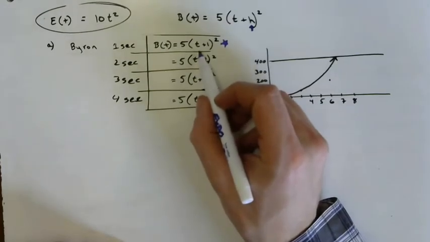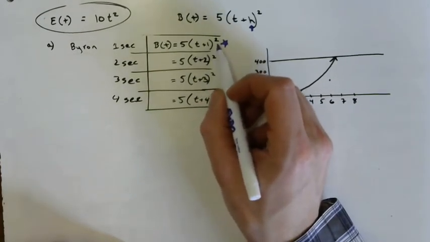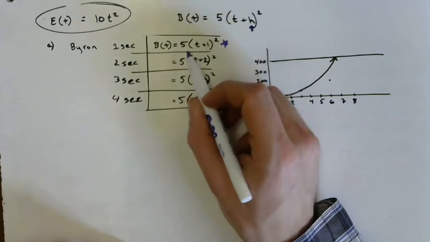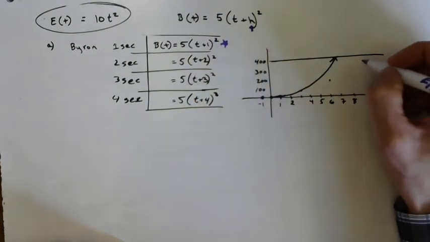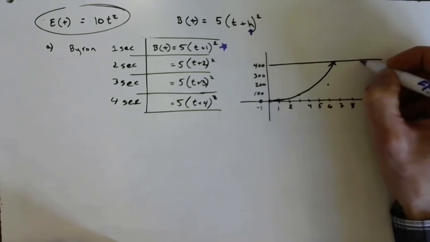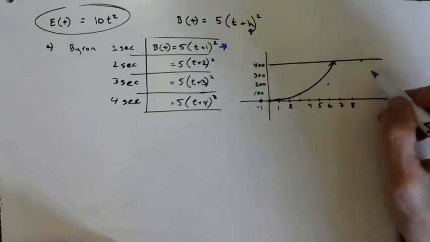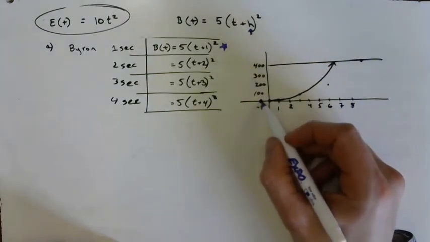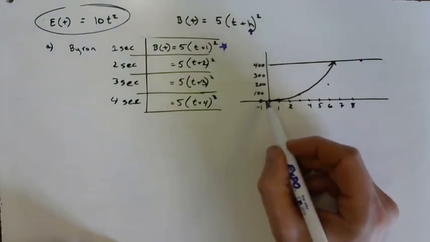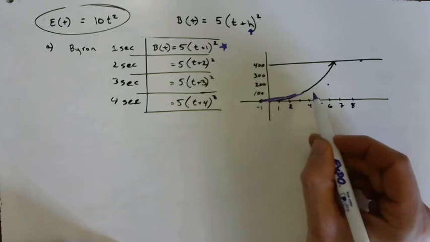At 8 seconds, he'd be at 9 inside the bracket. 9 squared is 81. 81 times 5 is 400 something. It's pretty much right around 400. You said the one was 5, but you did it under 6. Yep, that's okay. So now you can see, if Byron starts a second earlier, he's obviously going to start in the lead,